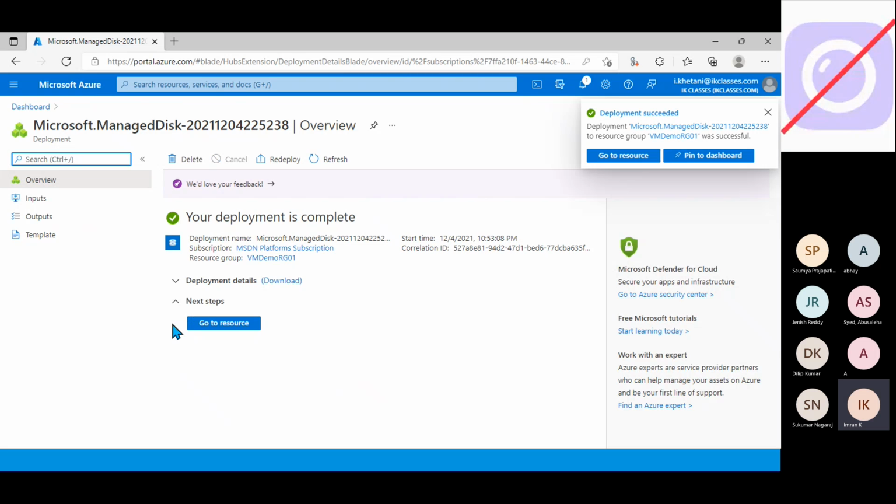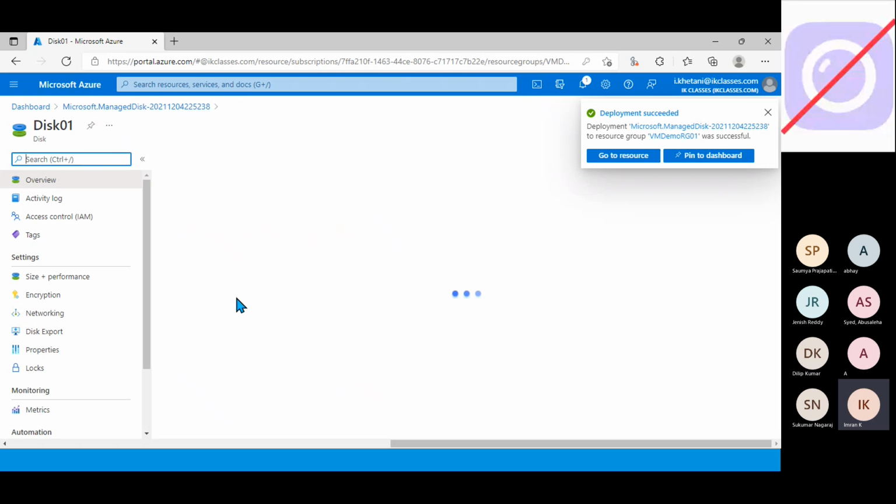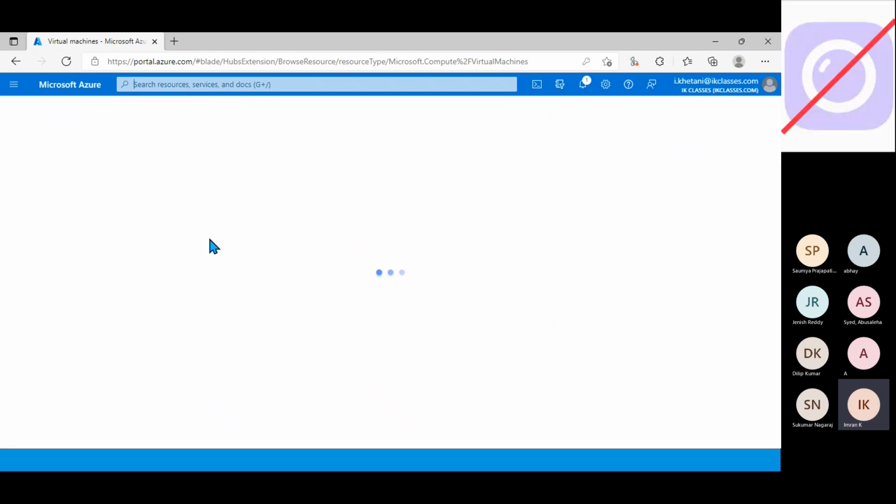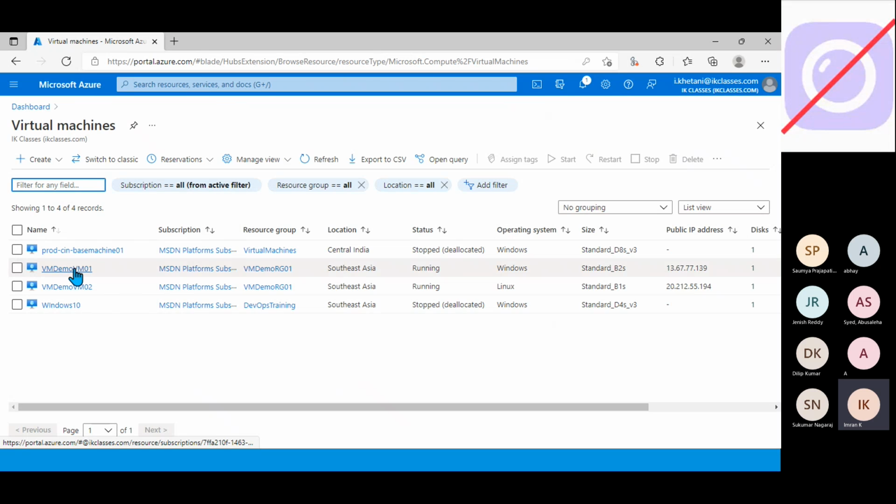So let's wait for the deployment. Now it's deployed. Now we can attach this to a VM. Right now, if you see, the disk state is unattached. Okay. So to attach this disk to a VM, I'll now go to the virtual machine and the VM demo